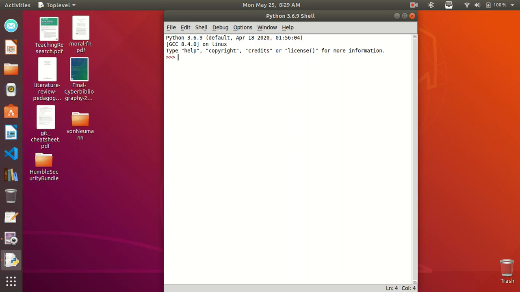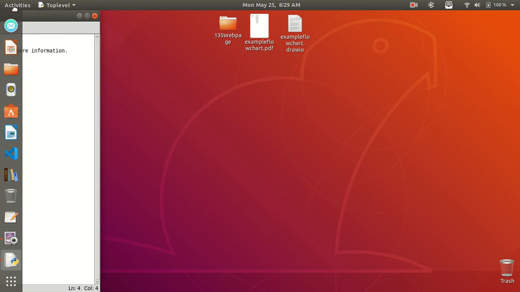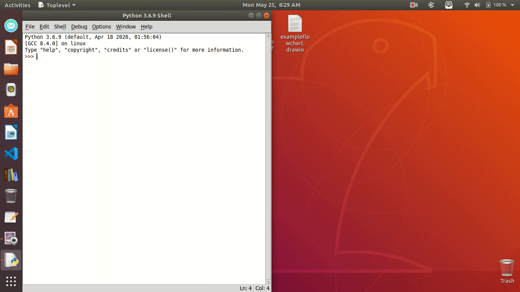Okay, so you'll see that this is IDLE. This is the window you've been working on before. It's Python. The program is called IDLE, the integrated development environment that we've been using for Python, where we type our code. What you've done so far, and this is the default setting for when you first open this program, is called interactive mode. And so you can type in individual programming commands, command by command, like this one,